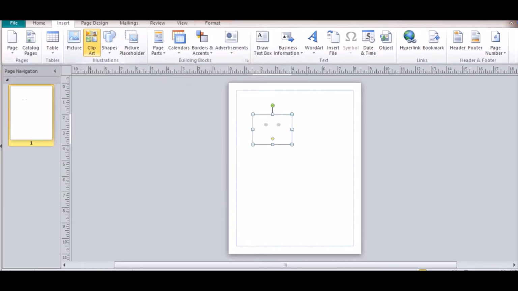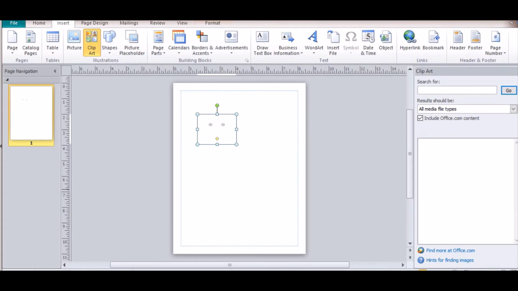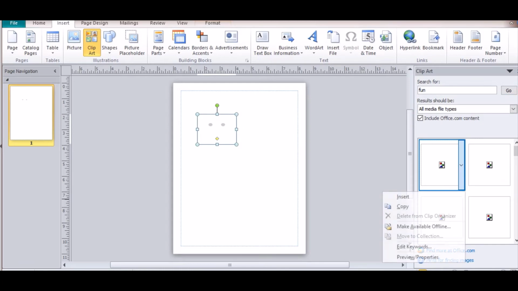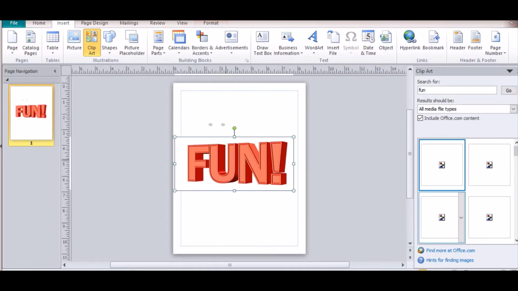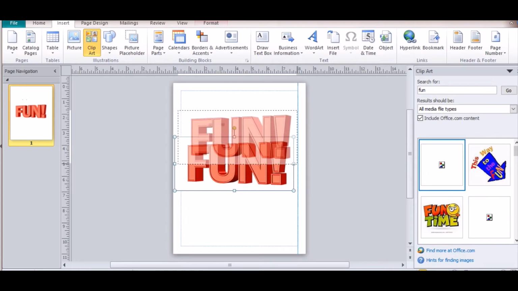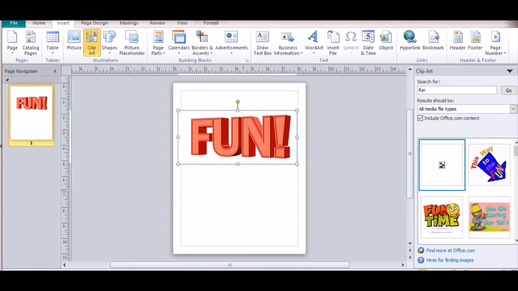Clip art. Let's say this is where we want to edit documents or something, an image.